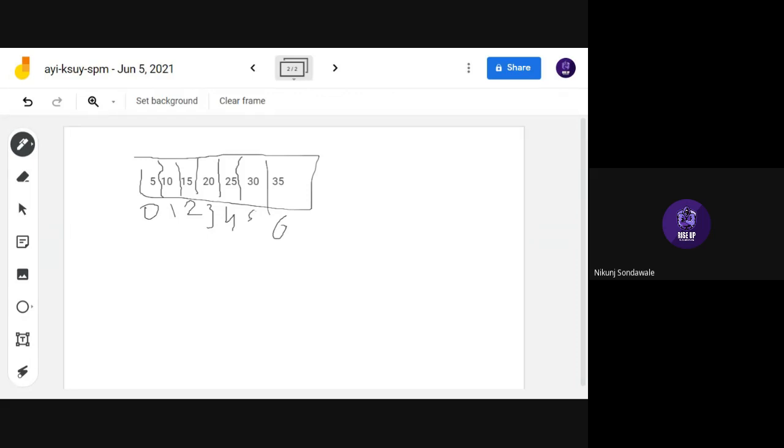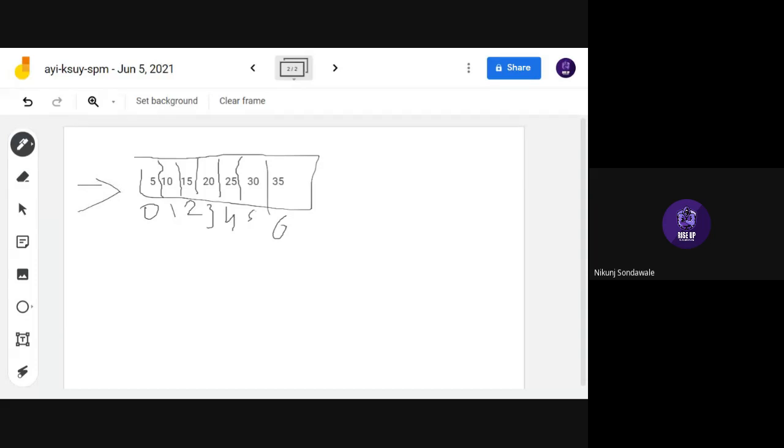About binary search, one important thing is that binary search only works on a sorted array. As you can see, this array is in ascending order, means it is already sorted. That's why I can use binary search.